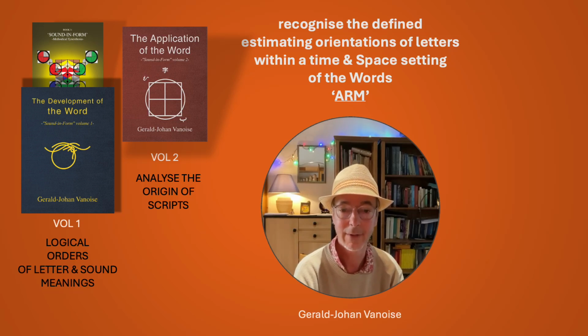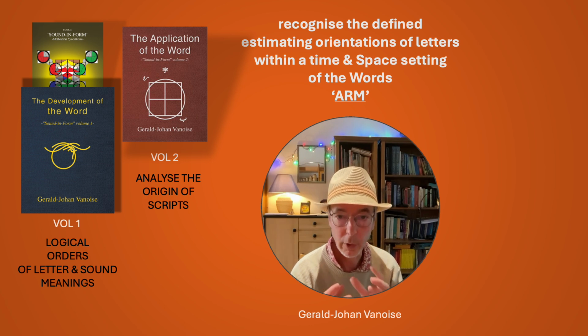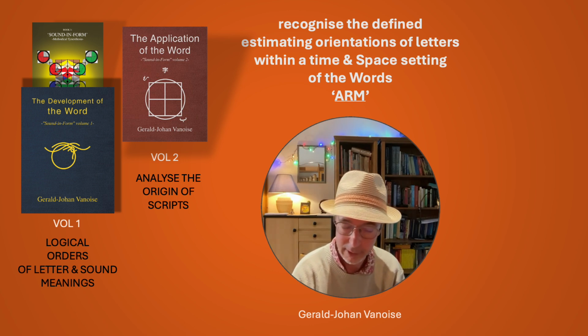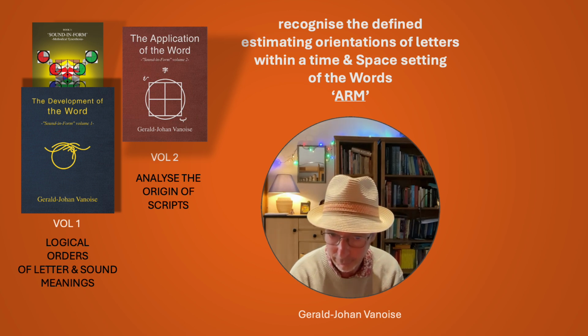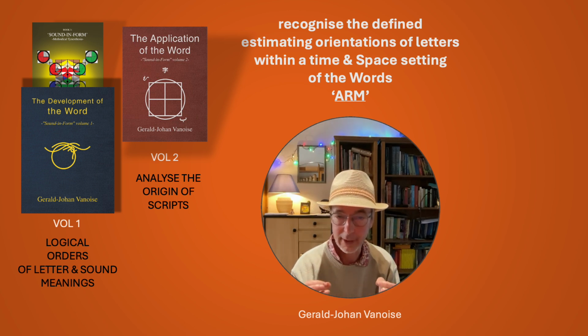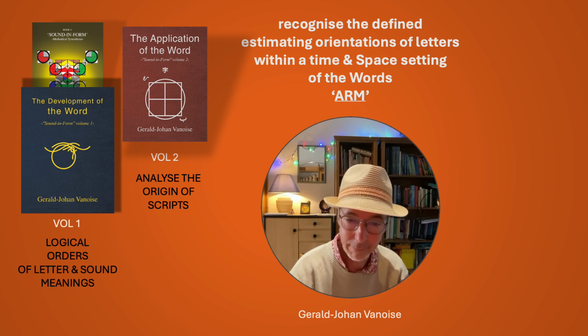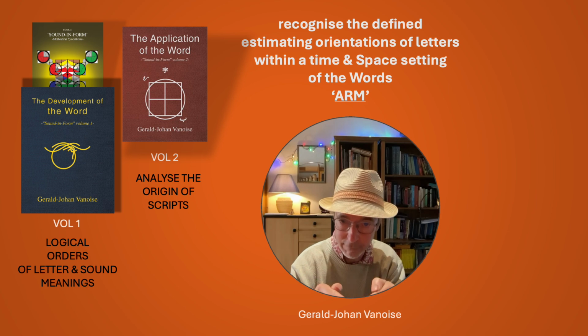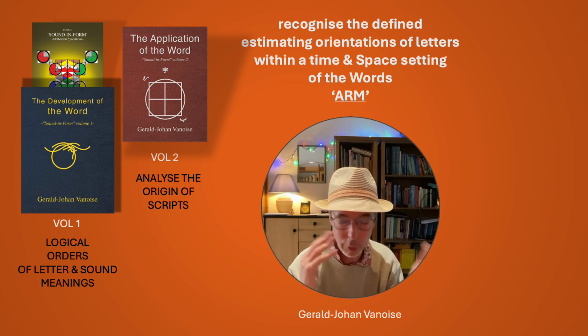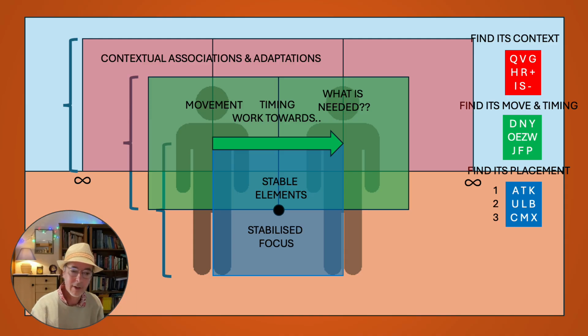I hope to have just 5 minutes to explain the word arm as a combination of letters, and how you can see in the combination of letters what the word expresses. Because every letter has a predefined definition of a specific position in time and space which we deal with. Why does that work? Because we have a way to handle actually